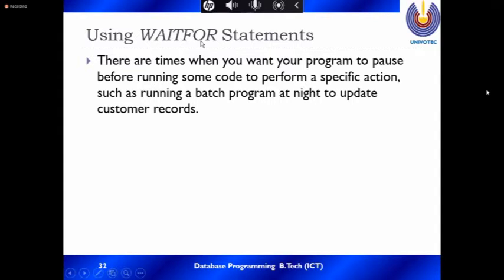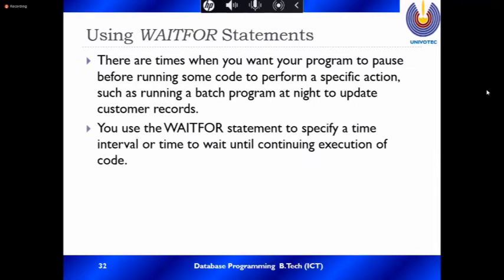The WAITFOR statement means that at a particular time it won't execute. We can give some time period, an interval or time. They use the WAITFOR statement to specify a time interval or time to wait until continuing the execution of the code.